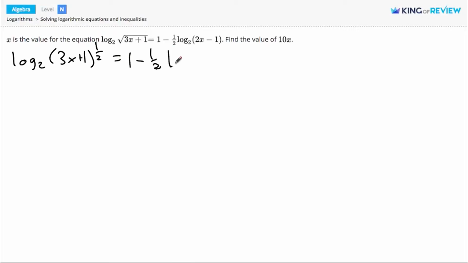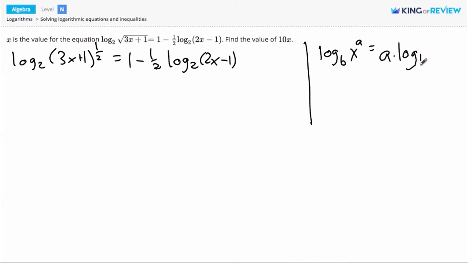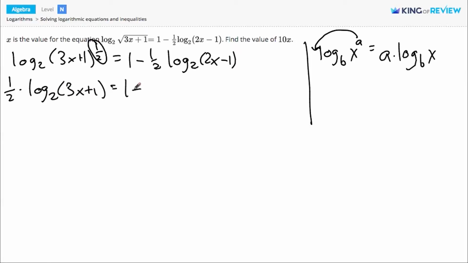Now, it would be nice if we could do something with that 1/2, and we can. There's a nice property of logs with exponents that says if you have the log base b of x to the power a, that's the same thing as a times the log base b of x. We take the exponent and move it to the front. Let's do that with this exponent so that we don't have to deal with it inside the log anymore. So we have 1/2 times the log base 2 of 3x plus 1 equals 1 minus 1/2 log base 2